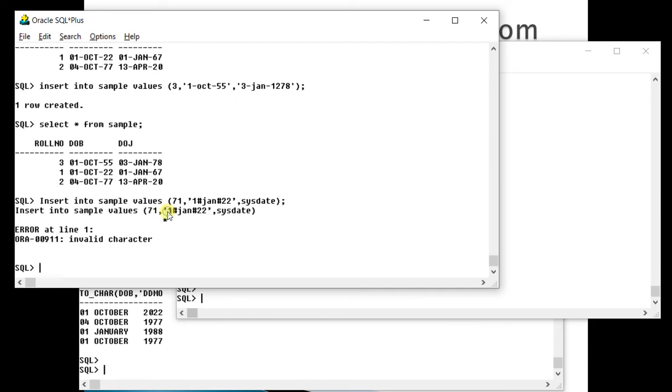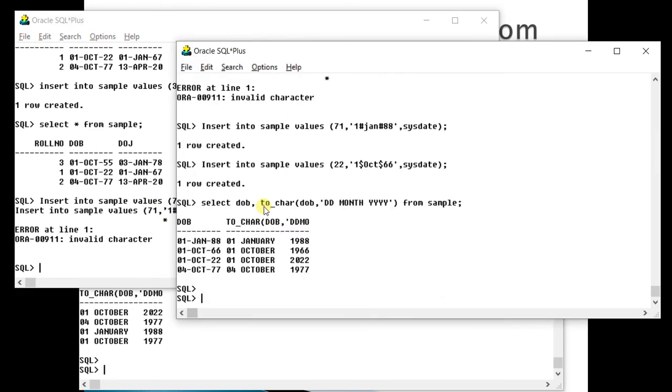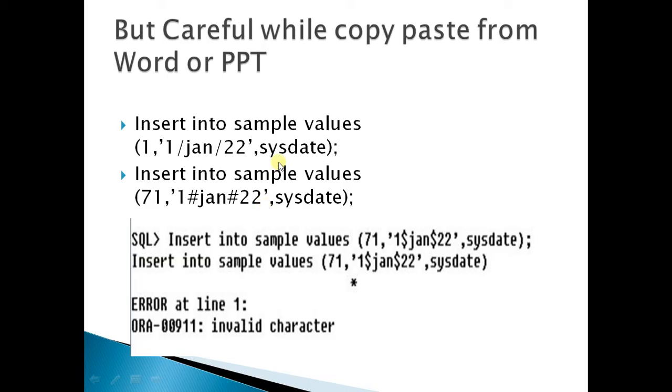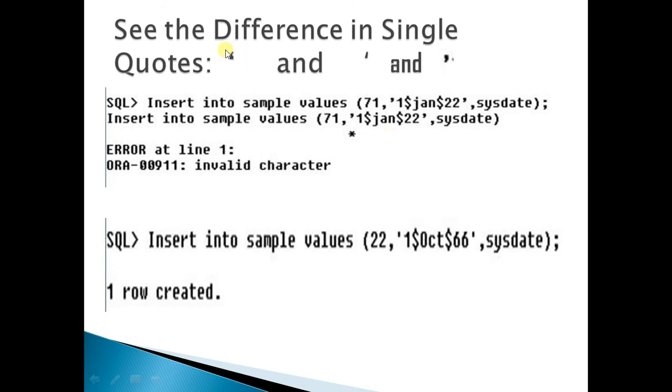This type of error is sometimes difficult to track because you will see where the error is, and there is no error. This invalid character is not because of the hash. It is because of these single quotes. While entering values, you should be careful about whether the quote is this or this or this. These quotes are not allowed.